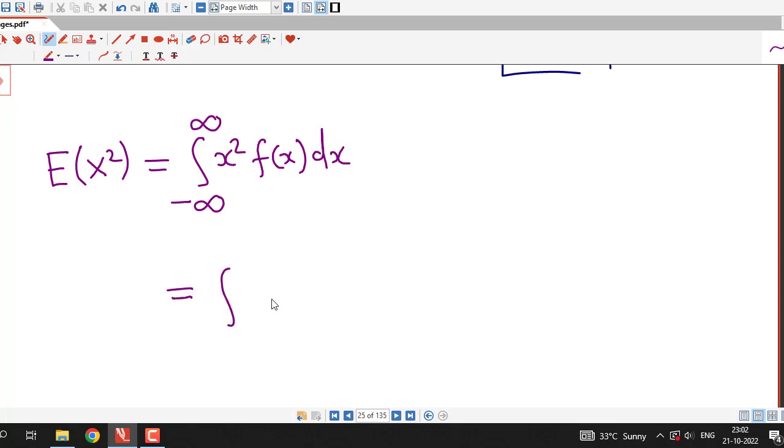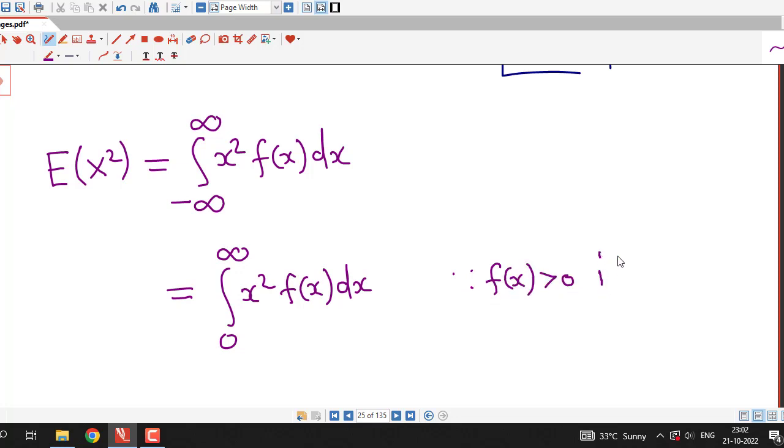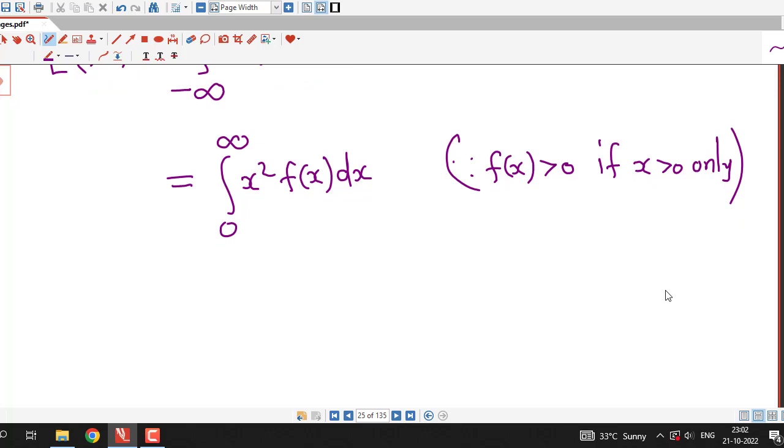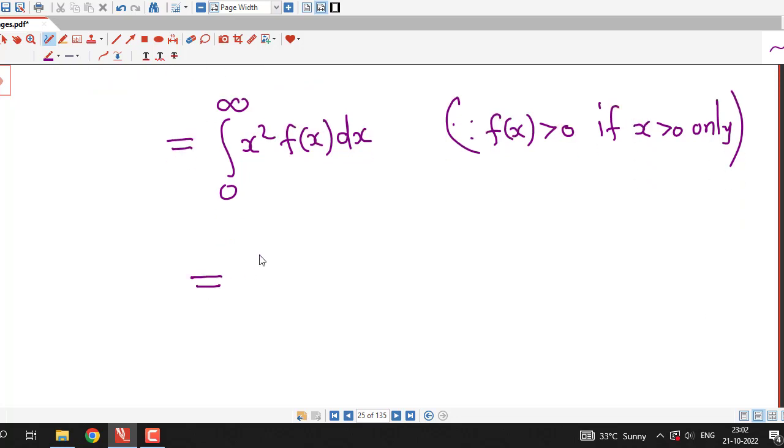Now f(x) is non-zero in 0 to infinity only, so here we can directly write this is equal to the integral from 0 to infinity of x square f(x), because f(x) is positive if x is positive only, and it is 0 outside that interval. And now we put the value of f(x) in the interval 0 to infinity, which is 1 over beta e raised to minus x over beta